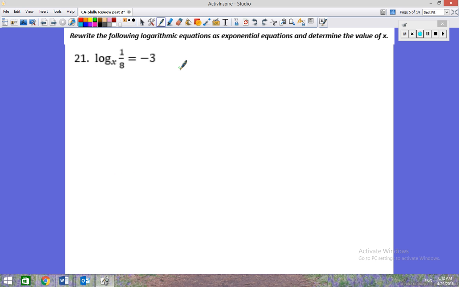Alright, so here we have a similar problem. We've got this base of x. The logarithm equals the exponent. On the right hand side, we've got 1/8. Okay, so let's see if we can write this 1/8 with an exponent of negative 3. 1 over 8 is 1 over 2 cubed,